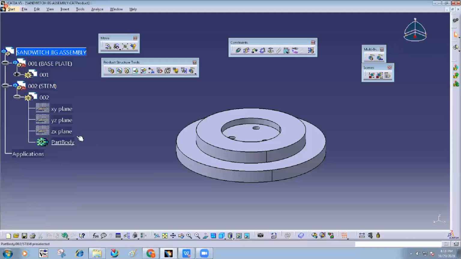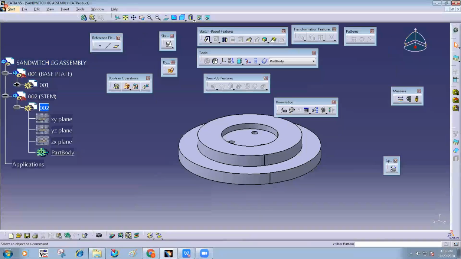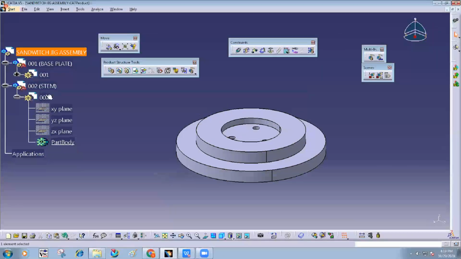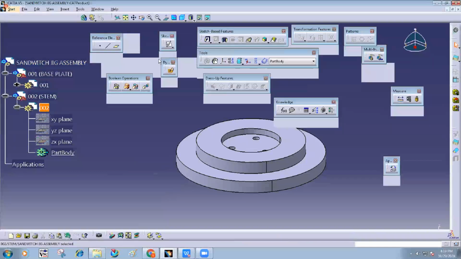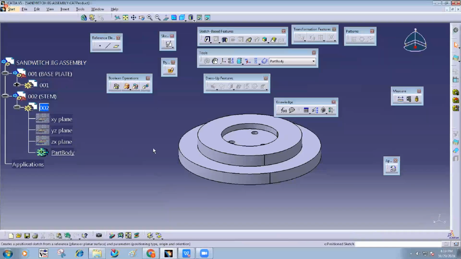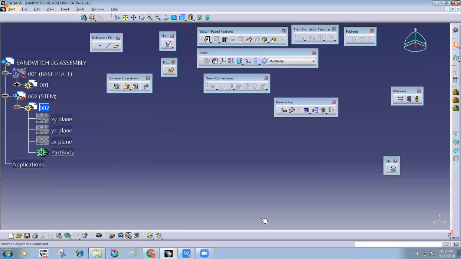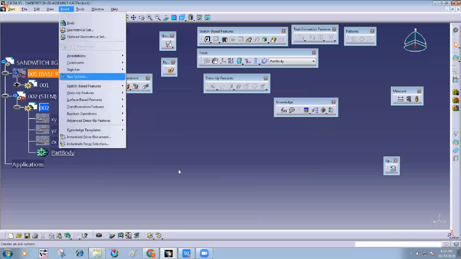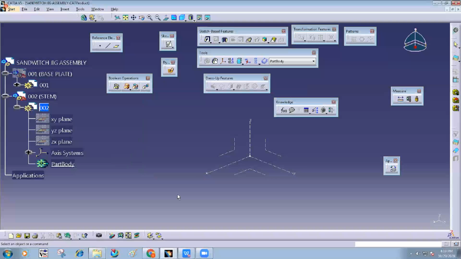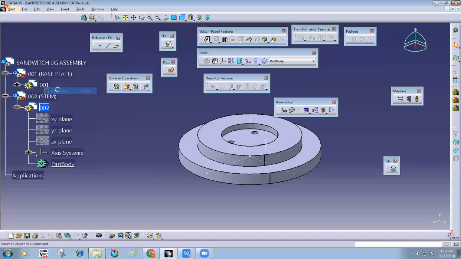Next, how to enter it in part mode. Double click on 002 number. When you double click on the part, you will see the part environment. And if you want to go back to assembly, simply double click on assembly. So I'm going to work on part, so I double click there. Then we need to design the part inside it. Currently there is no data available in this part. It's totally blank. So I introduce axis system here at 0 location.